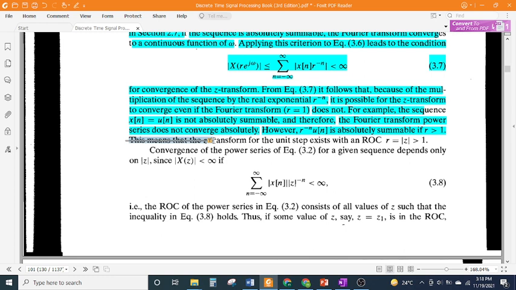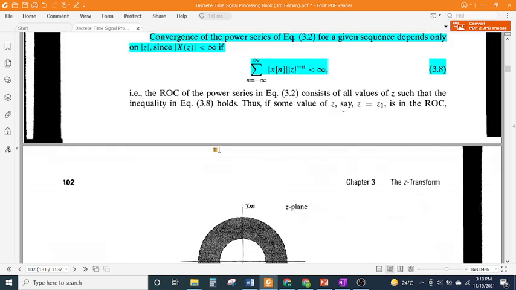Convergence of the power series of Eq. 3.2 for a given sequence depends only on |z|, since the sum is finite if |z| is such that the sum over n from -∞ to ∞ of |x[n]| |z|^(-n) is less than ∞, Eq. 3.8, i.e., the ROC of the power series in Eq. 3.2 consists of all values of z such that the inequality in Eq. 3.8 holds. Thus, if some value of z, say z equals z1, is in the ROC,